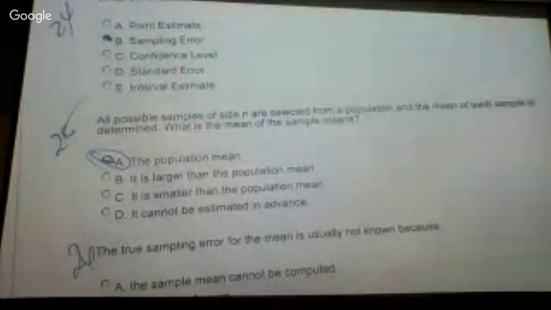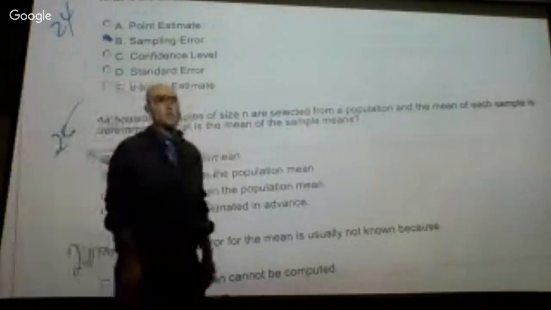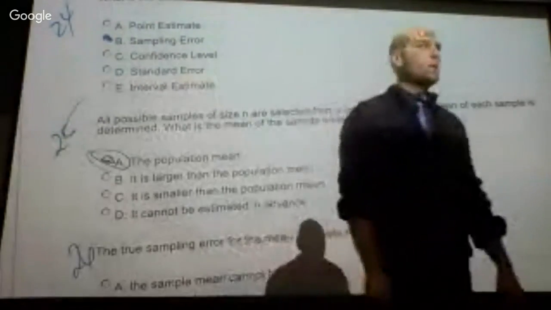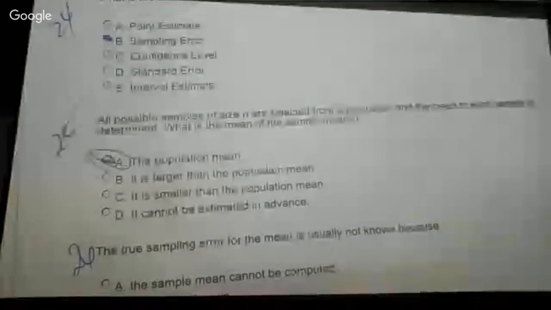26. Why don't we usually know the true sampling error? In order for us to know the true sampling error, what else would we have to know? Not just the sample mean, but